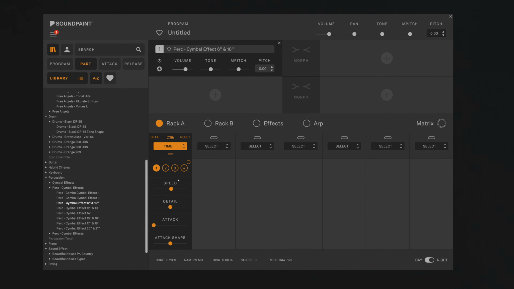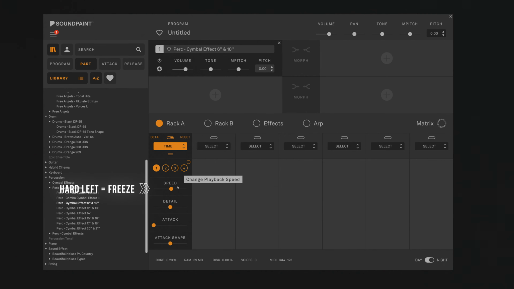Time is essentially a time stretcher, but it's different in the sense that you can modulate time inside of it, which I've never seen done before like this. And you can also modulate it with a curve, so you can have a sound that starts at normal speed and then it slowly slows down, even all the way down to freeze,